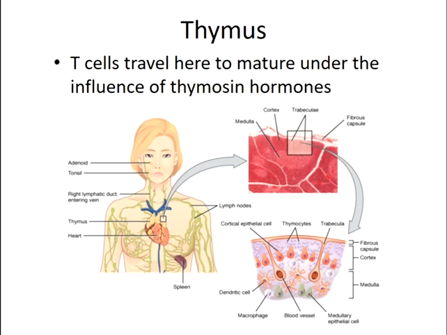So the thymus, you can see here again, it's located in the mediastinum. It's located above the heart. By the time you're in your mid-20s, this has become more like adipose tissue, and there are remnants. It still functions. It's just less functional. If you think about when you're a kid and you're first getting